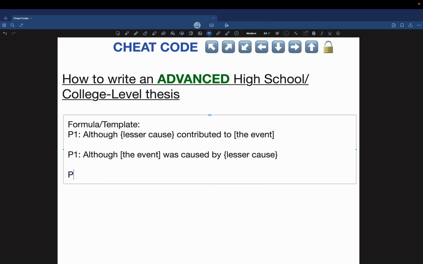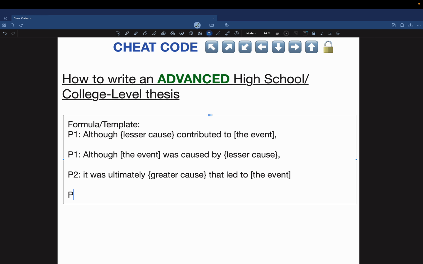Now we're going to get into part two. And there's a couple of ways you could write this. It was, and I would actually just leave a comma after each. It was ultimately, then I would insert a greater cause or a more significant cause. It was ultimately greater cause that led to the event,